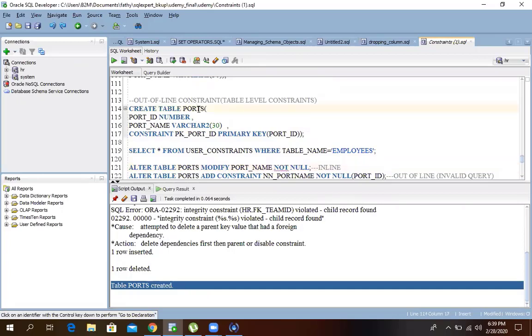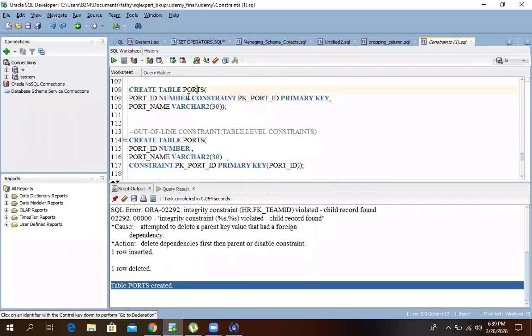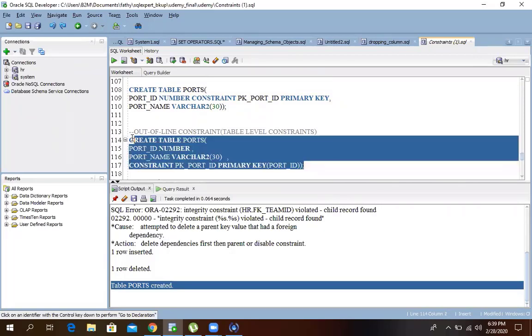Here I created a table, right? Both will work the same only. When I was working, my team leaders or managers would always advise us to create out of line constraints. Each company follows different styles of coding.